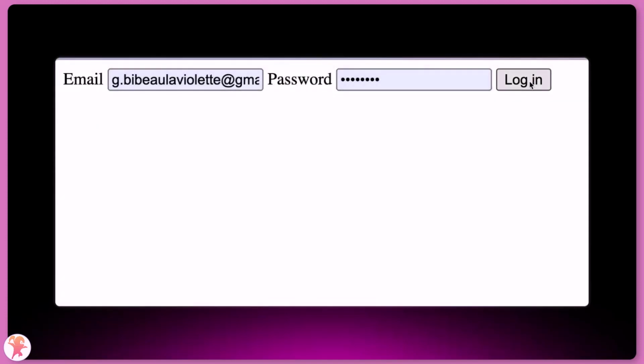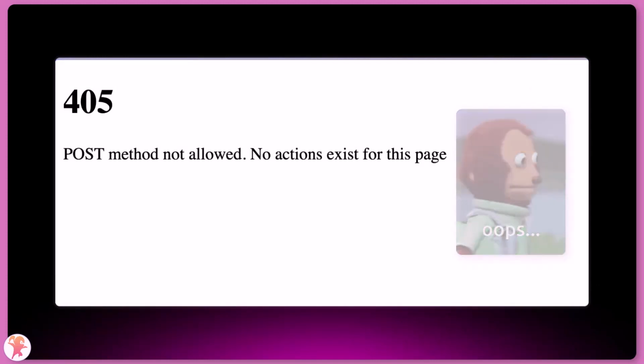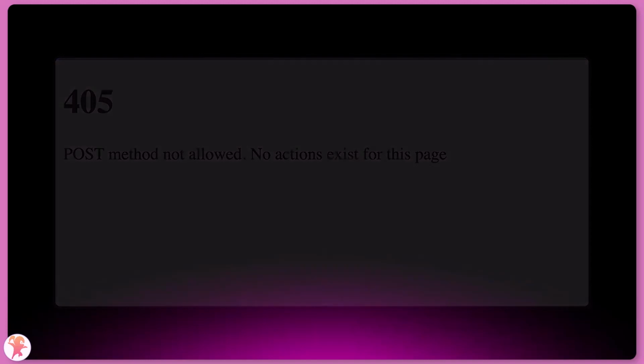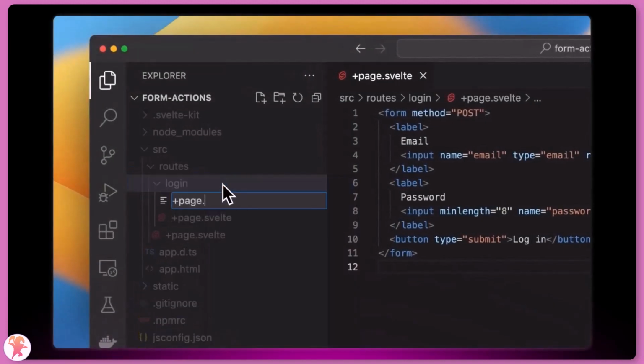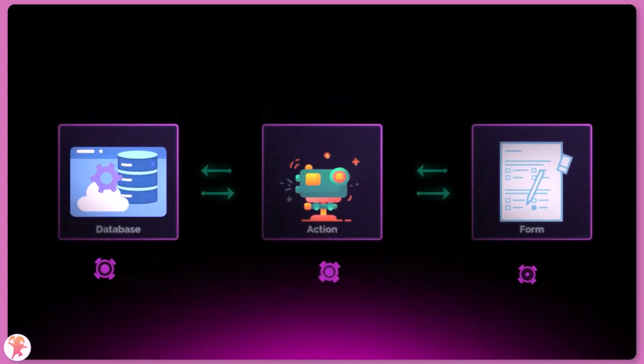Alright, we're done, we can log in. Oh well, I'm forgetting something. We need somewhere to send this data. For this purpose, we'll need to create a page action. These live under the +page.server.js. A page action is simply the code on the server side that will be responsible for catching the result